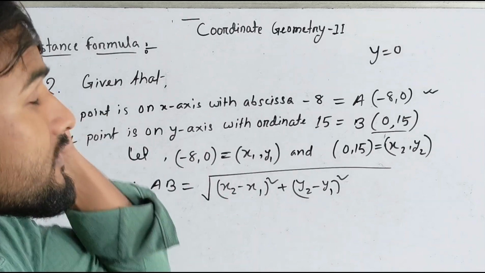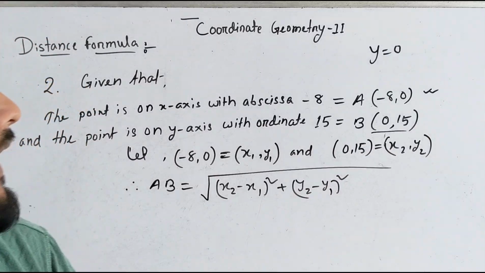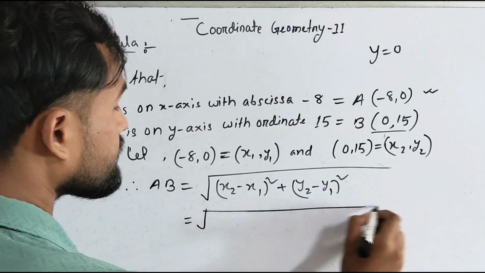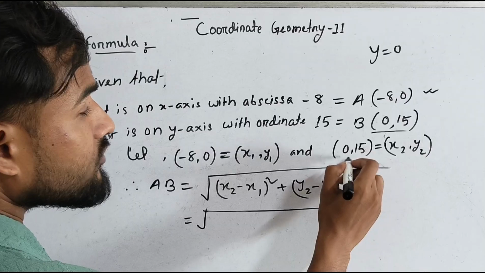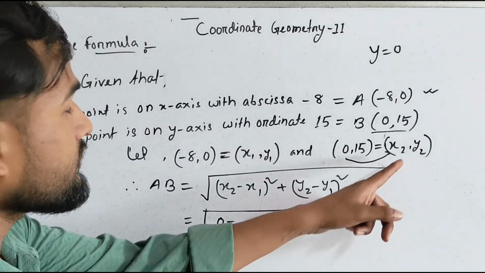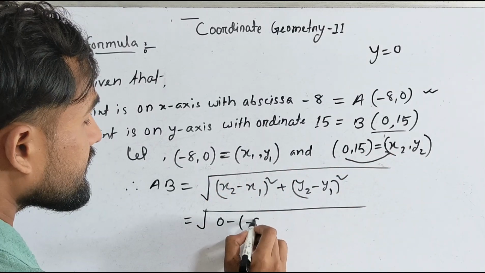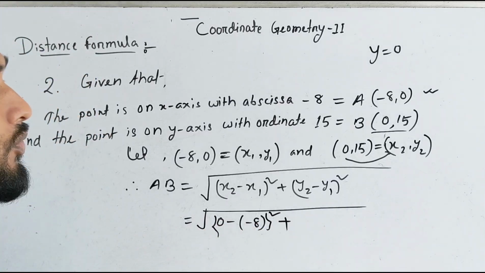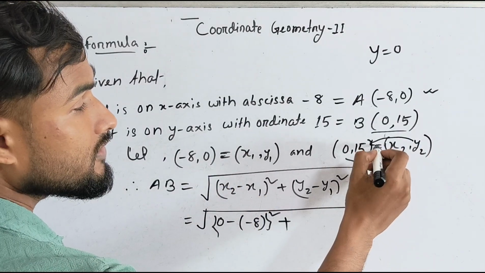That -8, 0 equal to x1, y1, and 0, 15 will be x2, y2. Now put the value: x2 minus x1. x2 here is 0, 0 minus x1 value, which is -8, whole square, plus y2 minus y1. The value of y2 is 15